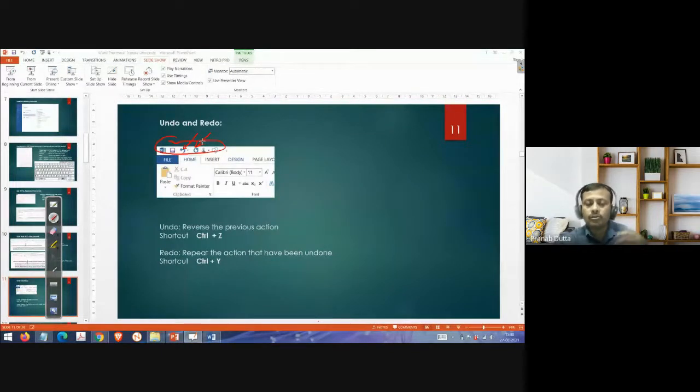If you write something mistakenly and want to remove it and keep the previous one, just click that button and it will automatically return to the original document. And if you want to redo it, just click this one and it will redo. I'll just show it here.